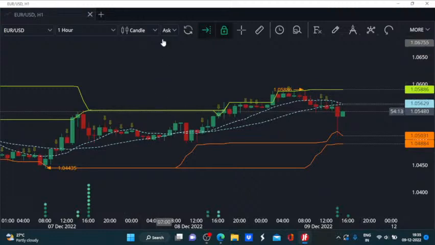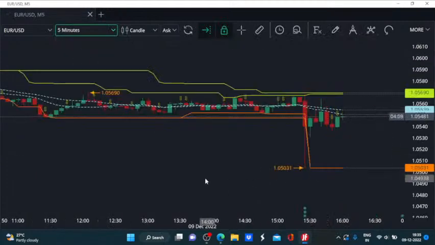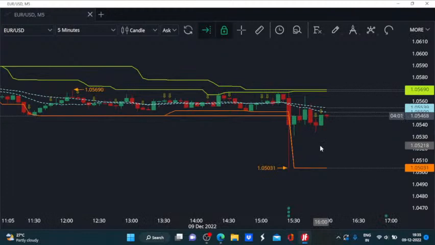Now, as we are talking about this formation, where we have this support coming into play at the price range of around 1.05, we will have to wait for the next couple of hours for things to